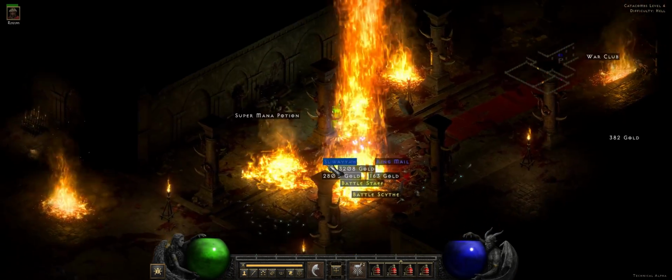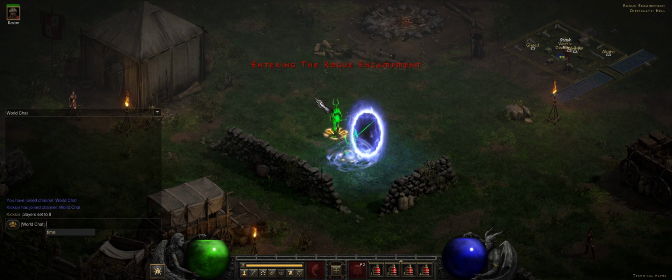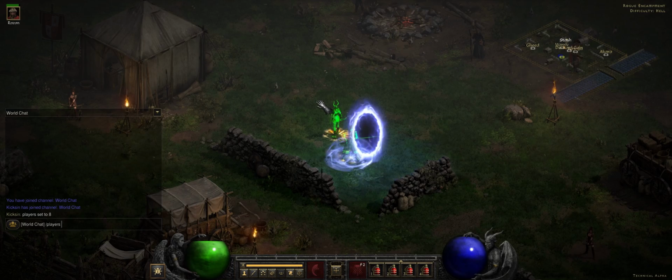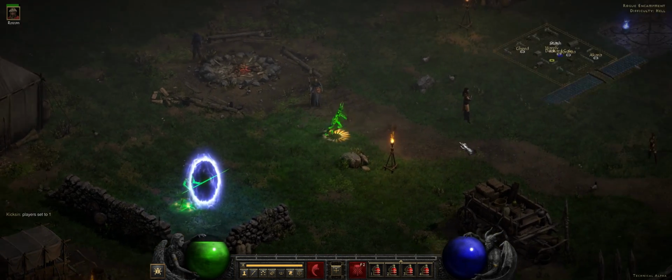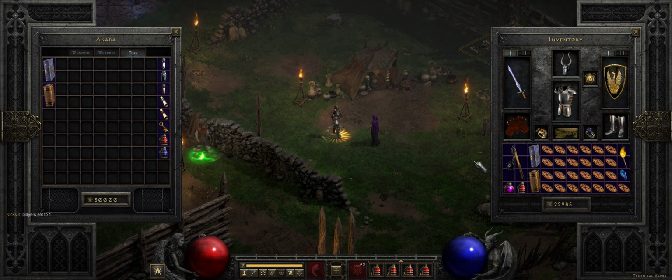Okay, so that was player 8 Andariel. I think I'm gonna maybe bounce it down to like player 1. I just want to see how this character does at a lower difficulty, like if I just burn through everything. Not every character has to be...